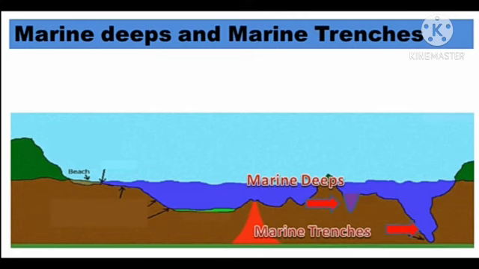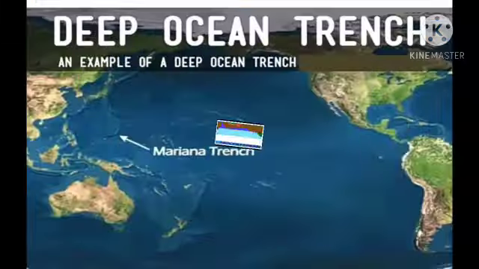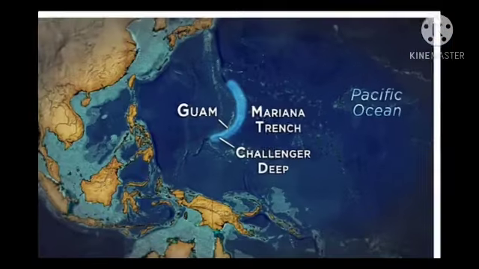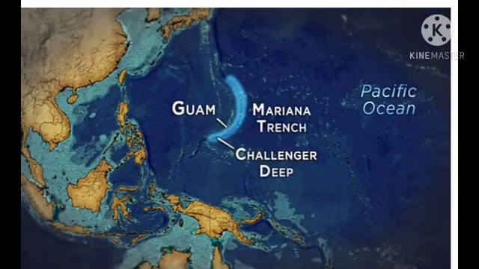Generally, the shallower ones are called marine deeps, while deeper ones extending for longer distances are called trenches. The trenches are thousands of meters deep from the sea level. The Mariana Trench in the Pacific Ocean is the deepest trench in the world. Its depth is around